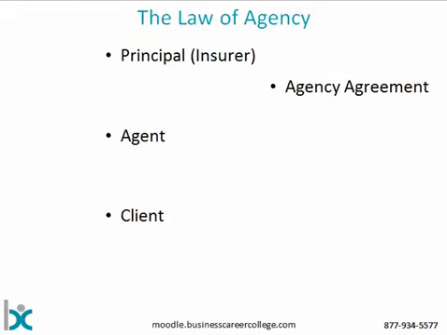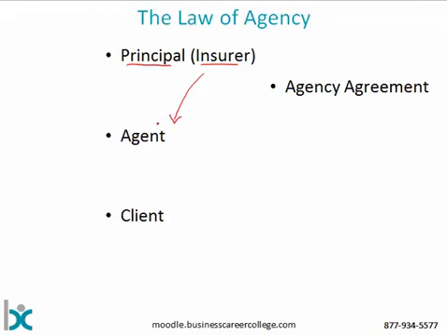So we look at the law of agency then, and this sort of describes even what an agent is. We can trace this law of agency based on the relationship we're trying to establish. Basically what happens here is we've got a principal, most often in our case an insurer, and the insurer wants access to these clients, but the insurer doesn't have enough capacity to go see all the clients it would like to see. So instead, it introduces the agent into the mix.